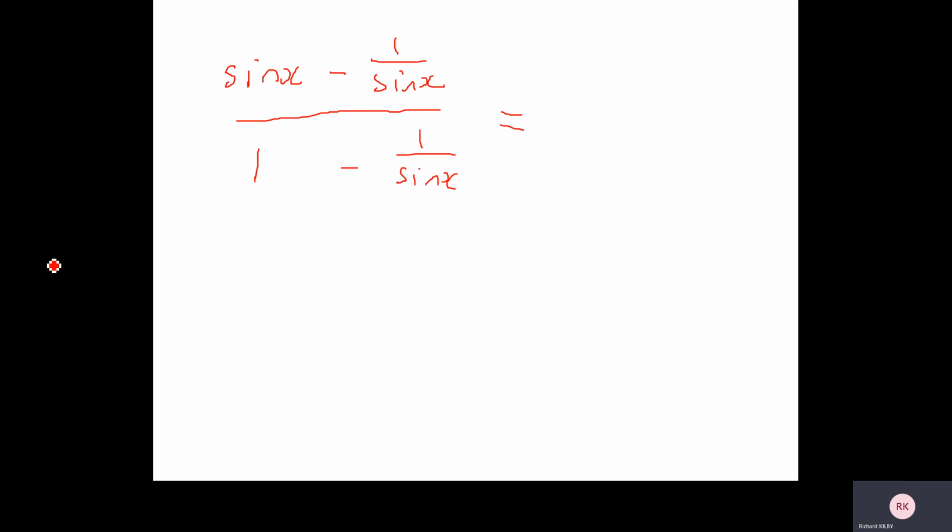Okay, let's see what you've got. Don't worry if you've just got rid of it and gone, what's he on about? Why is there an extra twist? Loads of people have done the first step, which is great. Loads of people have done the bit that we've been practicing, and I put an extra twist just to be awkward. Right, we want to get rid of the sin x on the denominator, so we're going to multiply top and bottom by sin x. Put times sin x there, put times sin x there, and I end up with